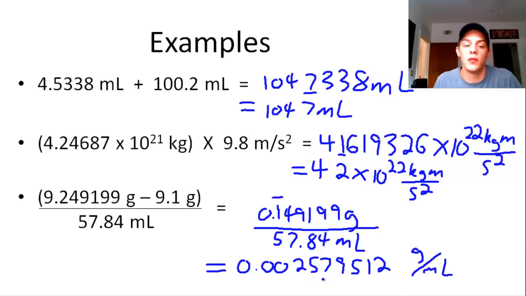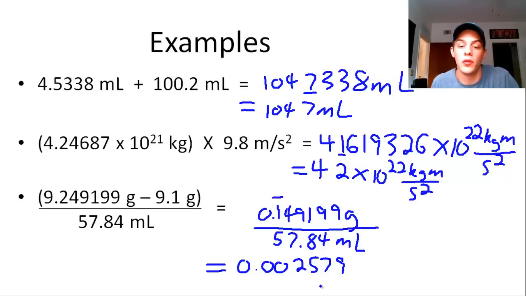So this is our final operation. Now we're done. Now we can round. So the question is, where do we round? Well, again, we're going to assume that this has one significant figure because of the previous calculation. It stops right here. So 1 sig fig versus 4 sig figs. That means we are going to keep this to 1 sig fig. So we are going to round this 2 here. Well, this is more than halfway there, so we're actually going to round this 2 up. So we're going to round this to 0.003